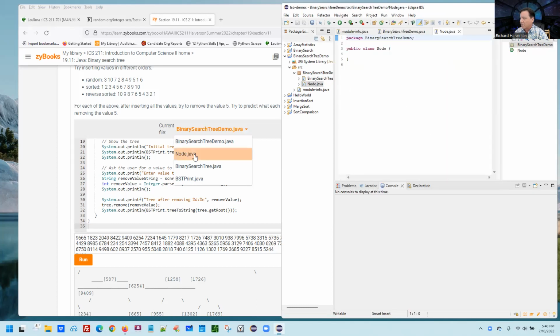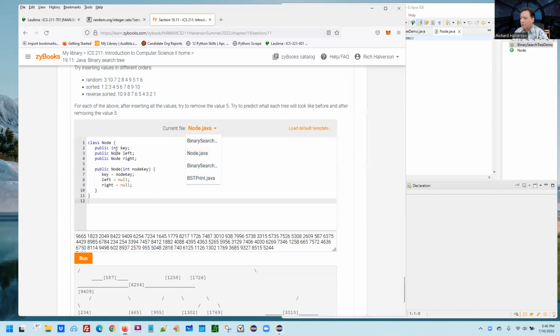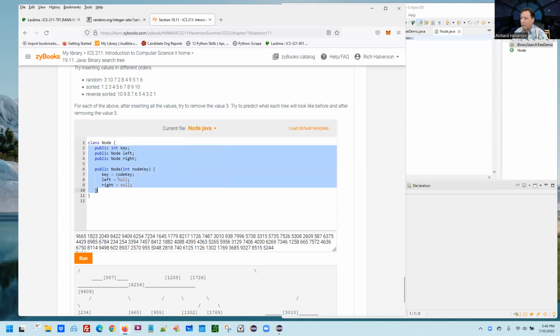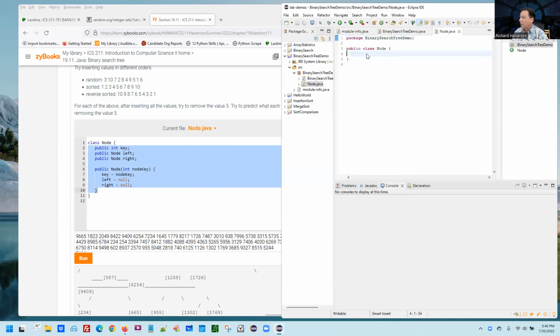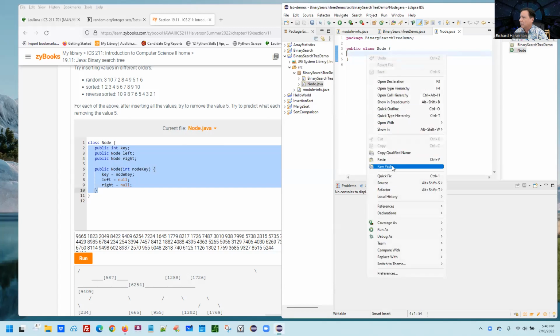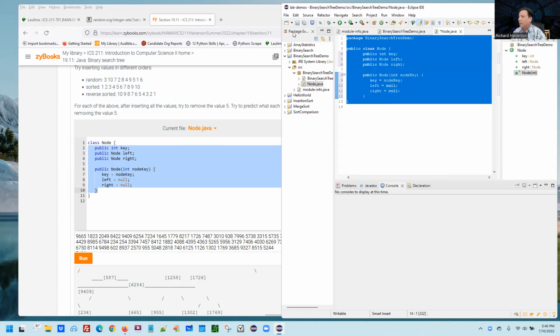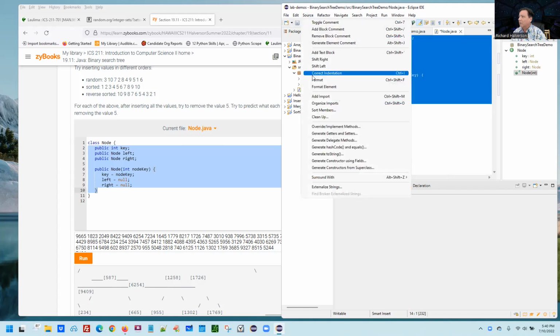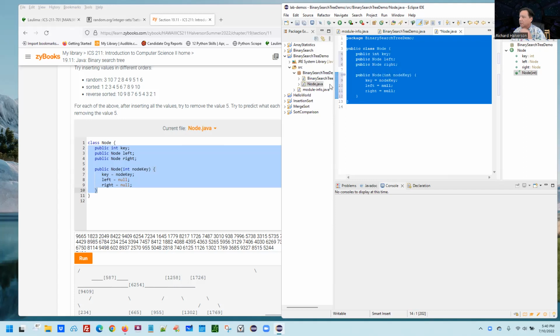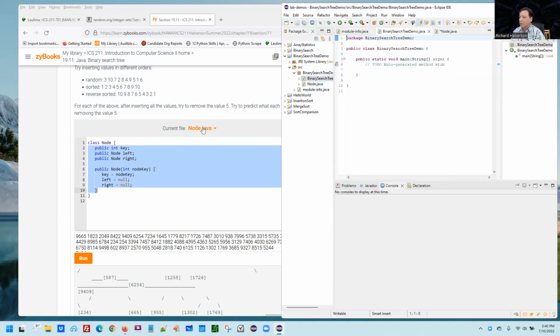And while I'm at it, I might as well copy the code in there, copy, paste, and let me Control A, correct indentation. Let's do it. I might as well do this one too. I didn't do this one before. Let's go back to